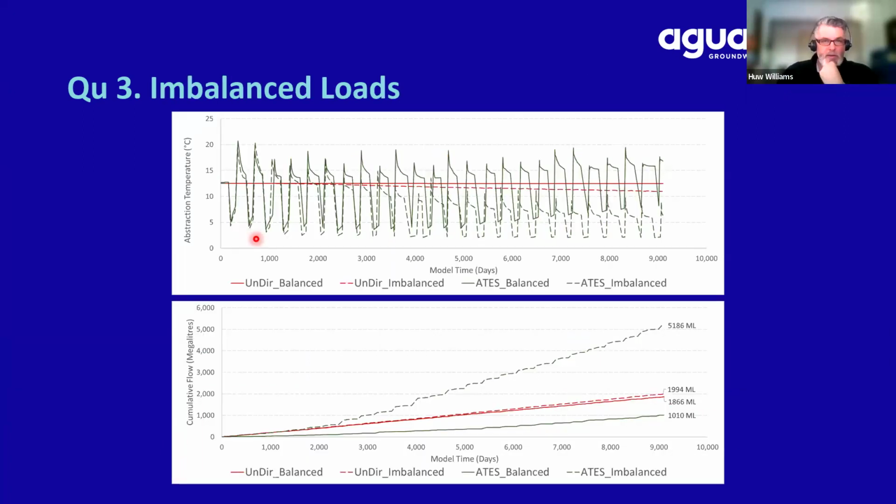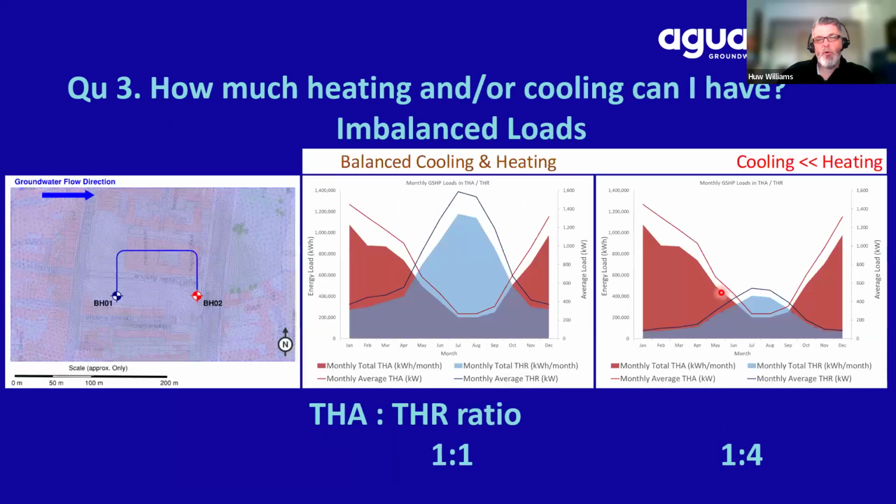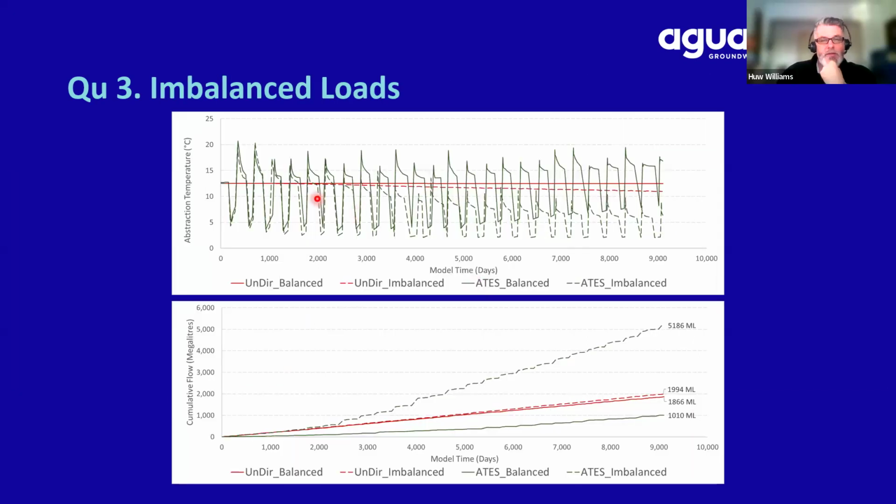we can see what happens with our simple 2 borehole configuration. So I'm comparing the unidirectional balanced with the unidirectional imbalanced. This is imbalanced with the heating dominance, so we've got more cold going to the aquifer, and here we've got about the same hot and cold going to the aquifer. These graphs are a bit busy, but if we look at the top one, at the spacing I gave the boreholes, both unidirectional systems have very small change in the abstraction temperature. So these boreholes are obviously sufficient distance apart such that we didn't get much thermal interference